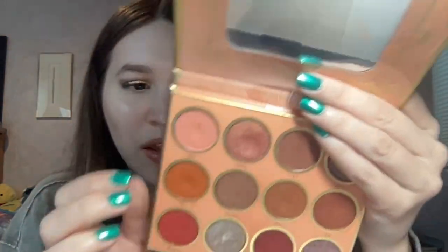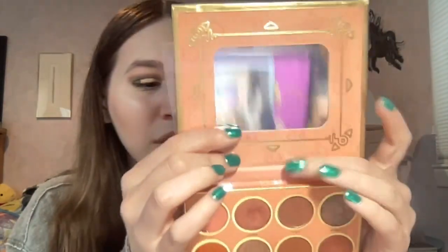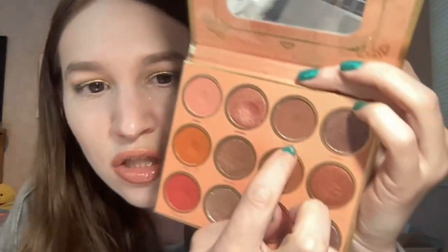I also kind of hate the font of the shades in this palette. They're actually bigger typed on the back than they are underneath the pan. I can barely read the names of these. Like, they're really small. Especially this one. This is so freaking tiny. I can barely read it. I don't know if anybody else has had that issue, but it's just so annoying that I can't really